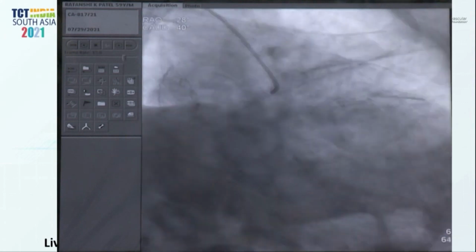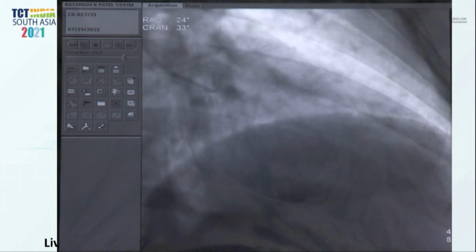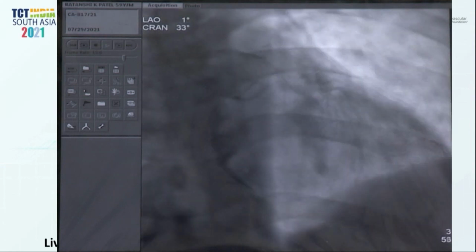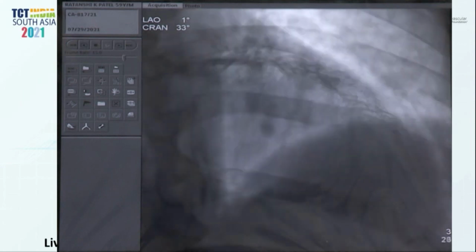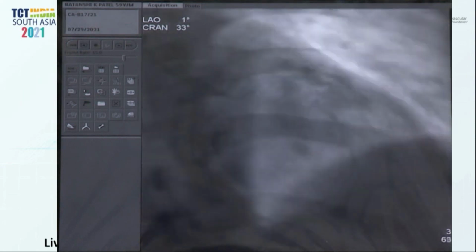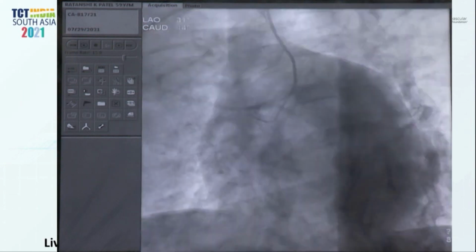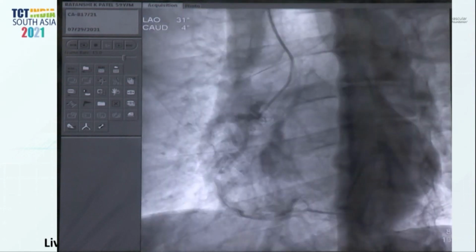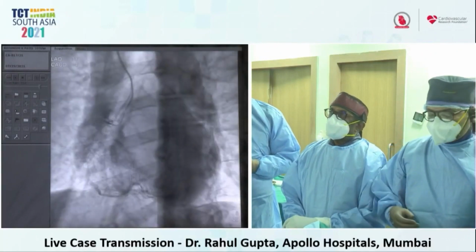Go to the next view, PA cranial view. PA cranial view, please. Okay. Yeah. So there is a recent, it looks like a recent total occlusion. There is some filling retrogradely of this LAD, but the diagonal appears significant only in the spider view where it looks very tight. And show the RCA. So this is the RCA, which is again very tight. So it's a critical TVD, with a recent evolved anterior wall MI presented more as an angina, and he came in the OPD where we admitted him and did his angiography.